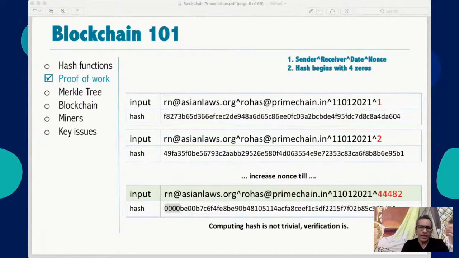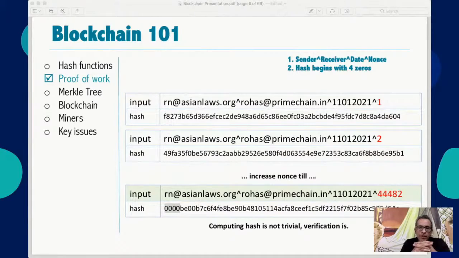So as you can understand, the basic thing we are solving is that when a spammer sends out millions of emails, he is not doing any work, so he can send out a huge number of emails. But now if we force him to use proof of work, his rate of sending emails is going to slow down, because for every email he is going to calculate a nonce, and that takes some time to do. But the verification of the nonce is instantaneous, and that is the basic logic behind proof of work.